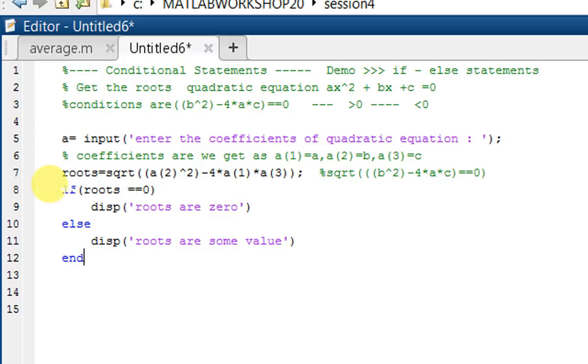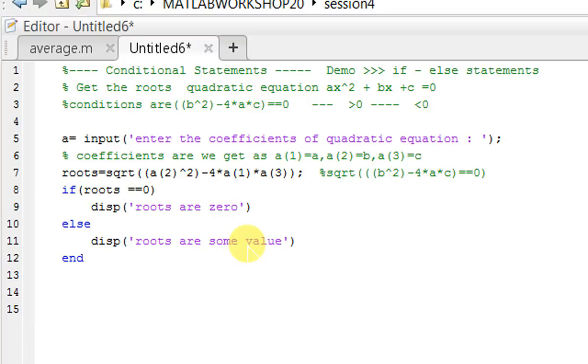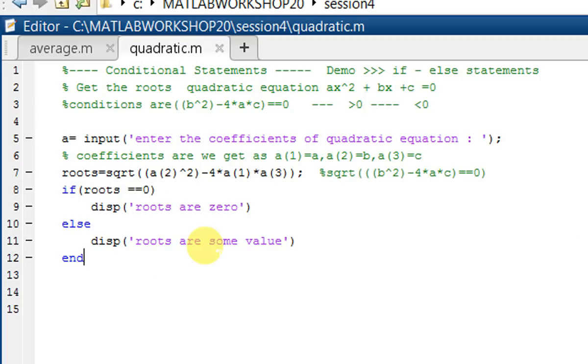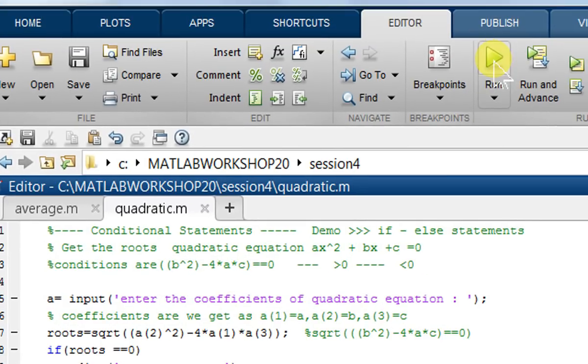If the roots are 0, then we display like this, and if the roots are not 0, else the roots are something else. Now we have to save this code with Control S, with the file name quadratic.m, and we have to run the program by hitting run.